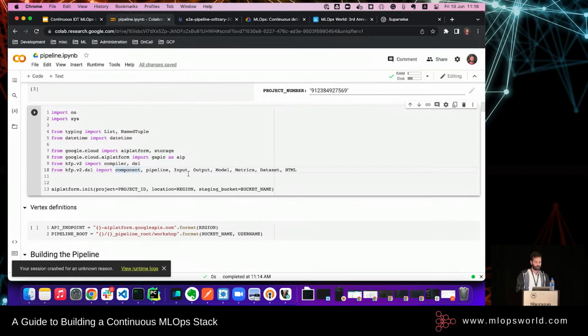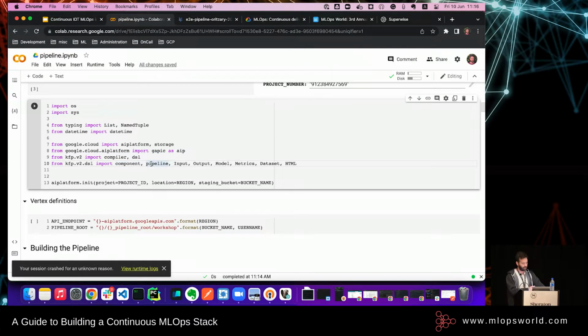Now, the next few components we'll see in a bit, but these are decorators or objects that will help us work with Kubeflow and transfer data between the steps. In case you are not familiar with Kubeflow or workflow orchestration, this is how it works. Each and every step will be orchestrated and run in its own pod. Kubernetes will bring up a pod, run the logic that we have within it, output some file to the file system, for example, do some other action, and then take it down.